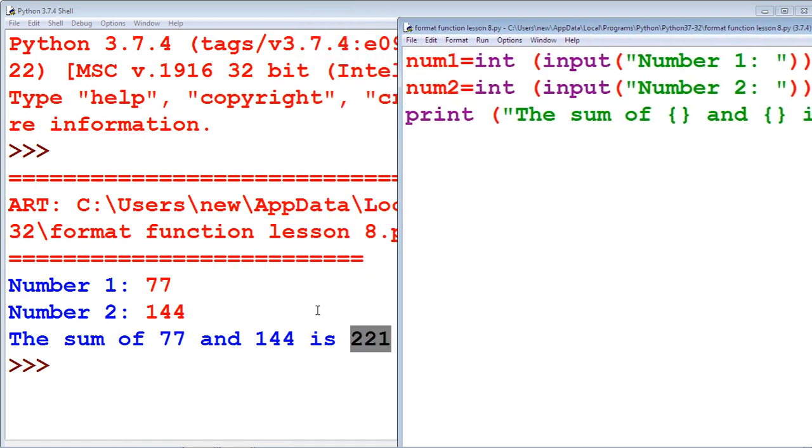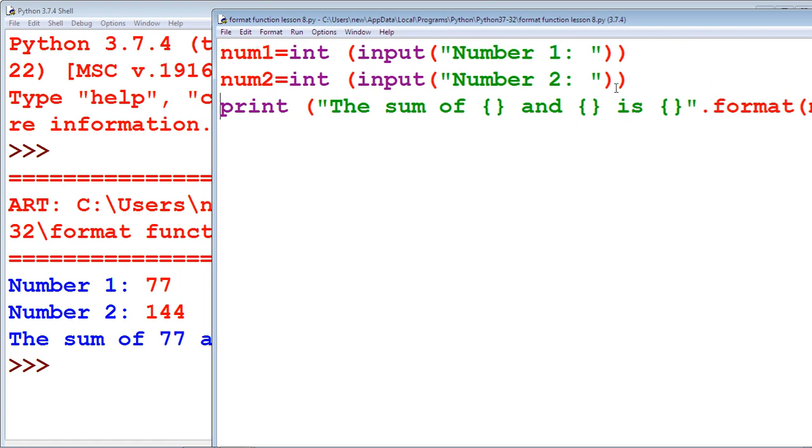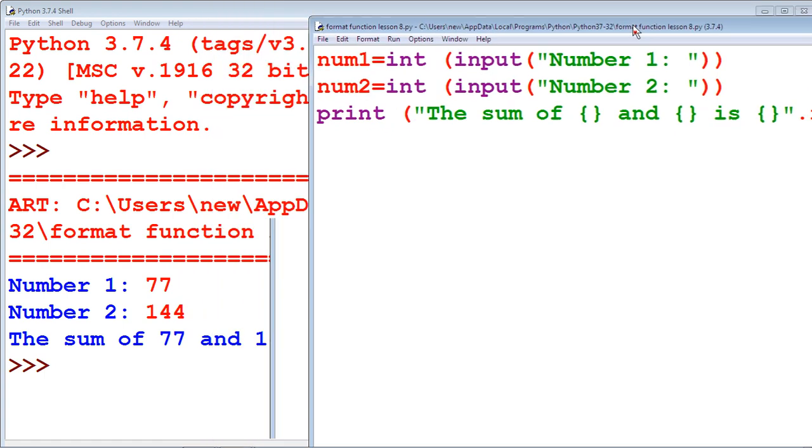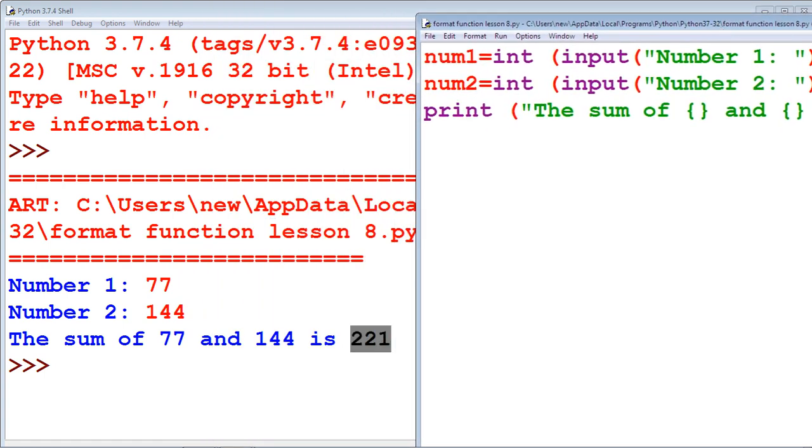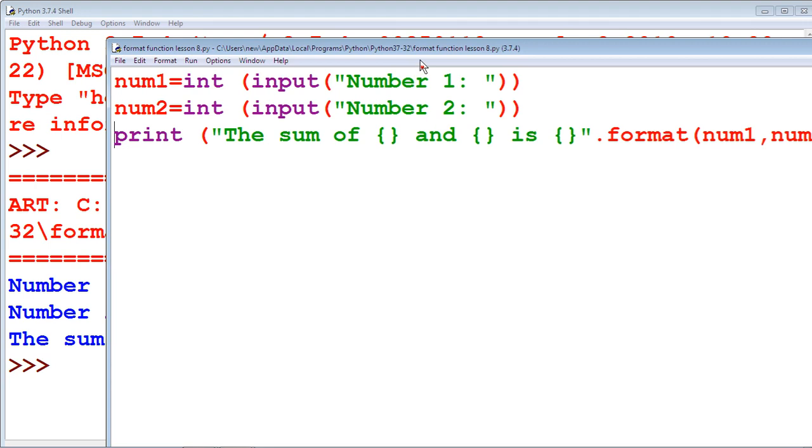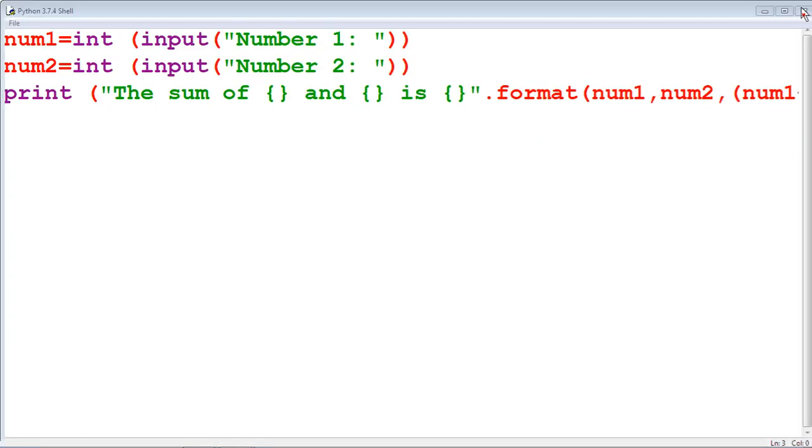First curly braces 77 is printed, second curly braces 144 is printed, and the last curly braces, it is 221, that is 77 plus 144 equal to 221, is printed. This is the example for the format function.